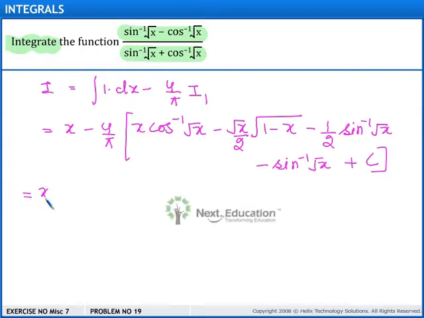This is further equal to x minus 4 upon pi. Now here x